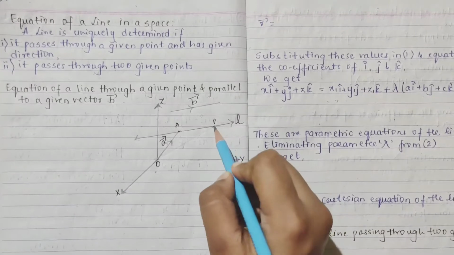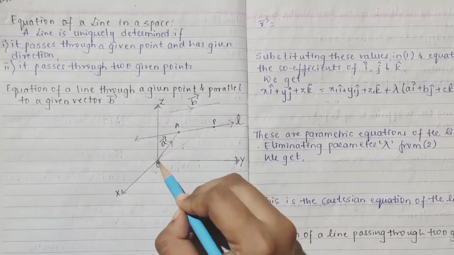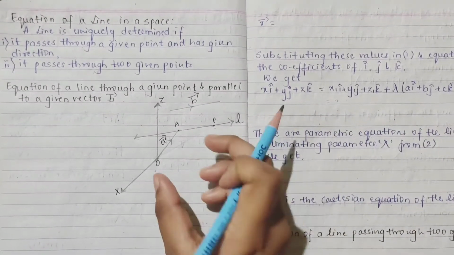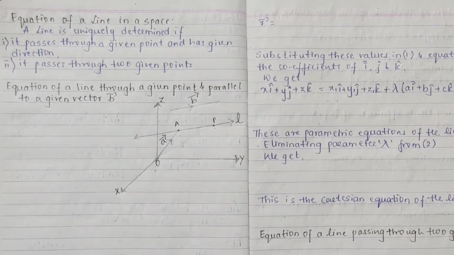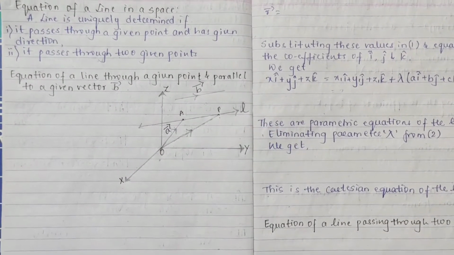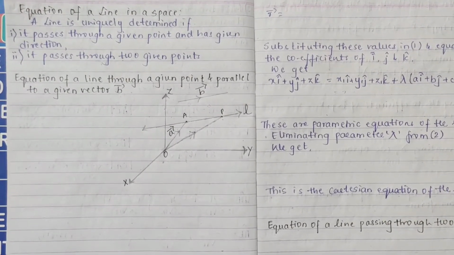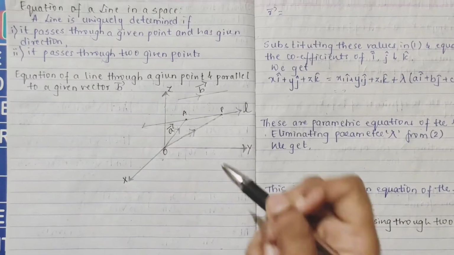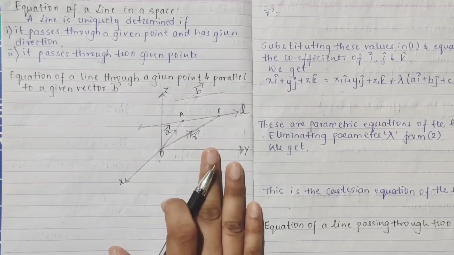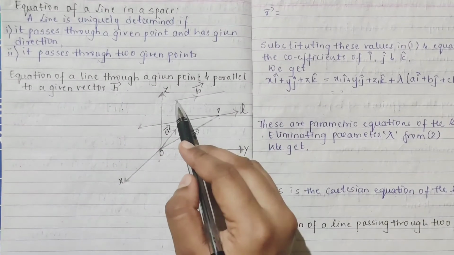Now we'll make any arbitrary point P. Along with that, if we take it through the origin, obviously here also we'll get a position vector, and that we can take as r, because OP usually we go with r itself, right? So here you'll get your OP position vector, and this we will take as vector r.